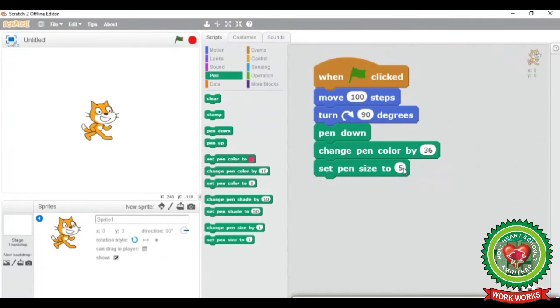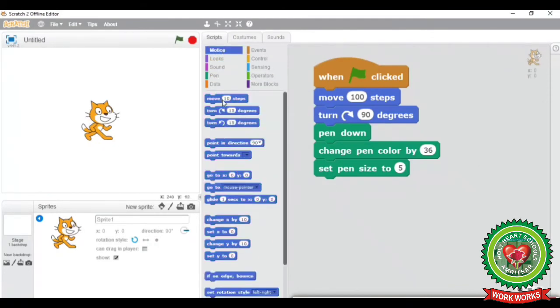Now next I want my sprite to move again for 100 steps. So I will click on Motion block. Here I have taken again Move 100 steps.